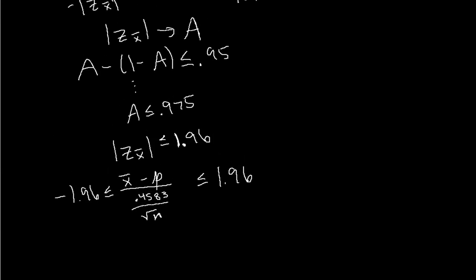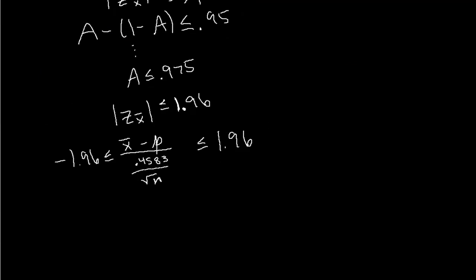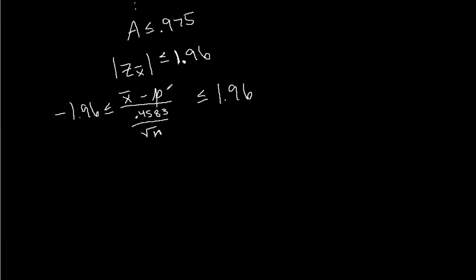Okay, and we want the length of the confidence interval to be approximately 0.05. So we're going to act like we're finding this confidence interval, and to find it we solve for p. I multiply both sides by this denominator, and since it's positive I don't have to change the sign, and we get 1.96 times